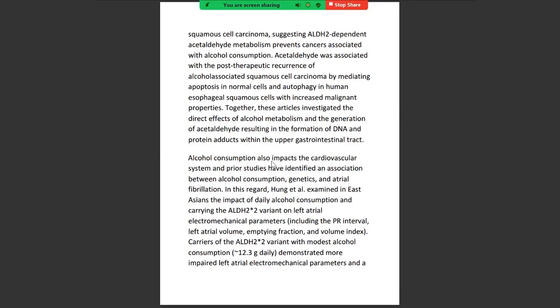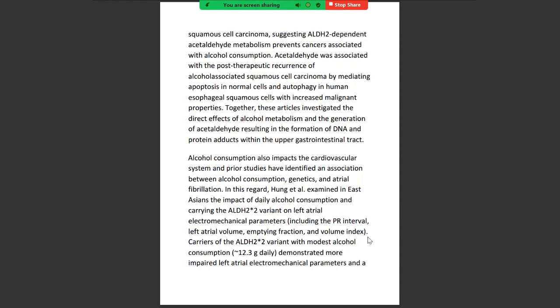associated with alcohol consumption. Alcohol consumption also impacts the cardiovascular system, and previous studies have identified an association between alcohol consumption and genetic atrial fibrillation. In this regard, Hung et al. examined in East Asians the impact of daily alcohol consumption in carriers of the aldehyde 2 variant on left atrial electromechanical parameters, including the